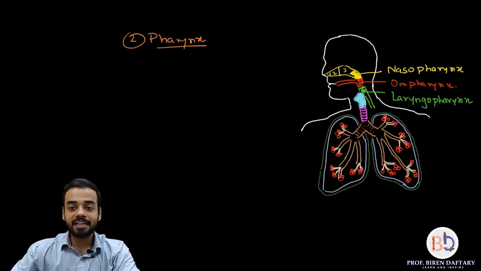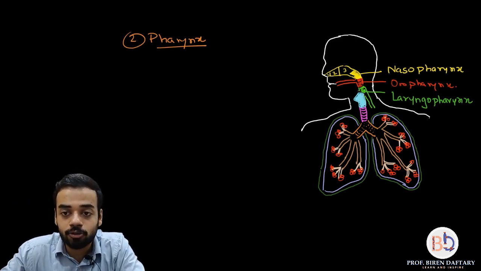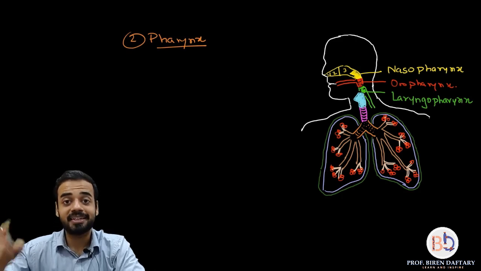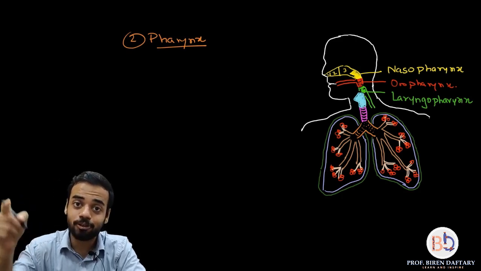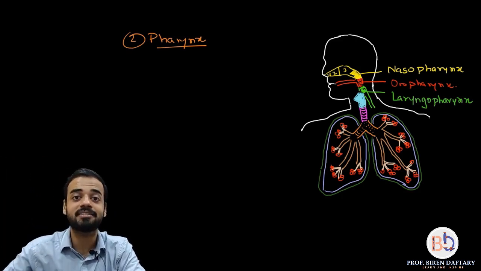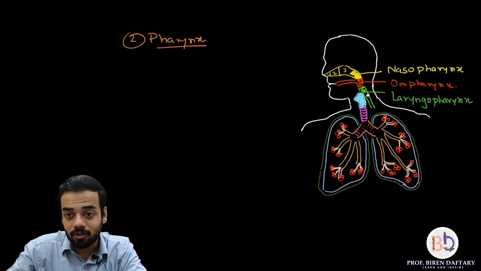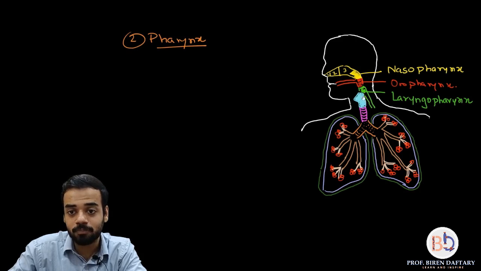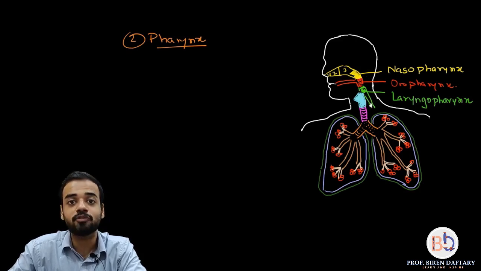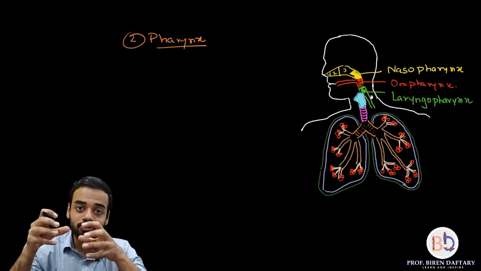See, laryngopharynx is opening into your respiratory system, but at the same time that same pharynx is also continuing down into the digestive system as the esophagus. If you see this green tube over here, which I have shown below behind the larynx, this is your esophagus. So the pharynx is actually a common opening.